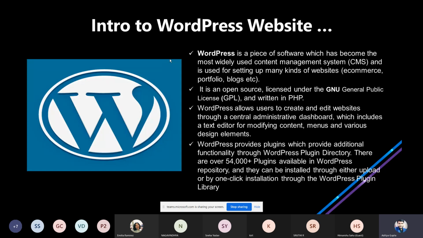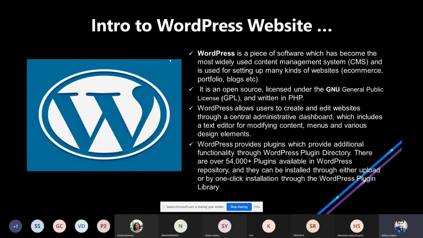Okay, but I know many of you may not understand what open source is and what GPL is, because PHP is a language you all know. Open source means that anyone can use it. It's not restricted to anyone, like okay, Aditya or Amelia can use this WordPress website, or no one else can use it. It's nothing like that. It doesn't discriminate against you. It's just open to all. And it is written under the GPL. It is a kind of license or a right, so anyone can use a WordPress website without any problem.